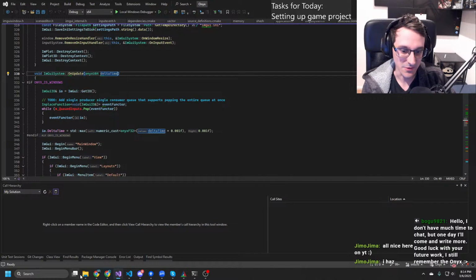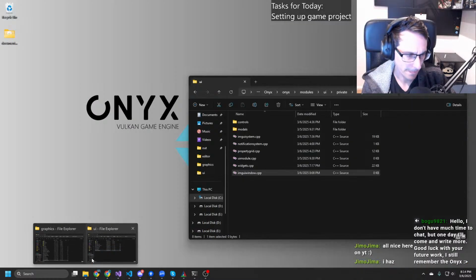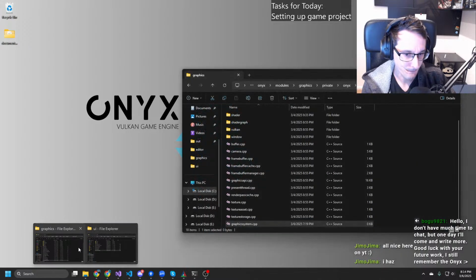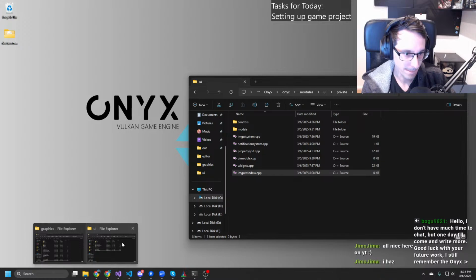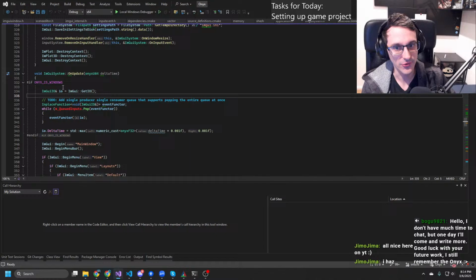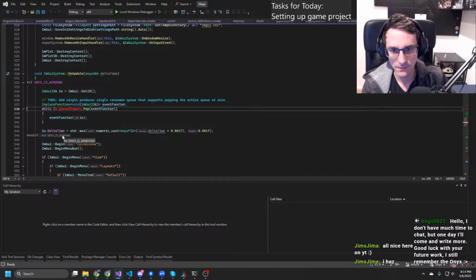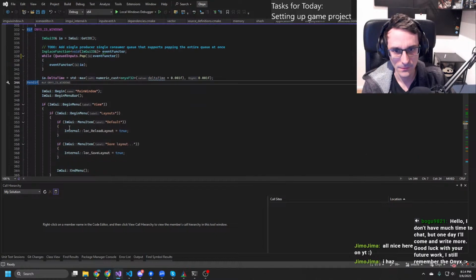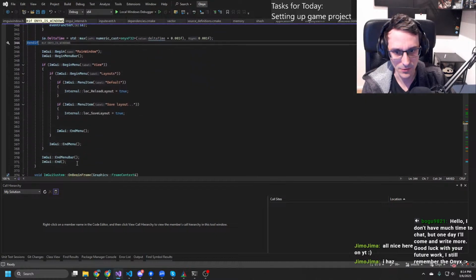The ImGUI system lives in UI, and I think UI doesn't have any information anymore about which is fine, I think. So we do that, and then here we would